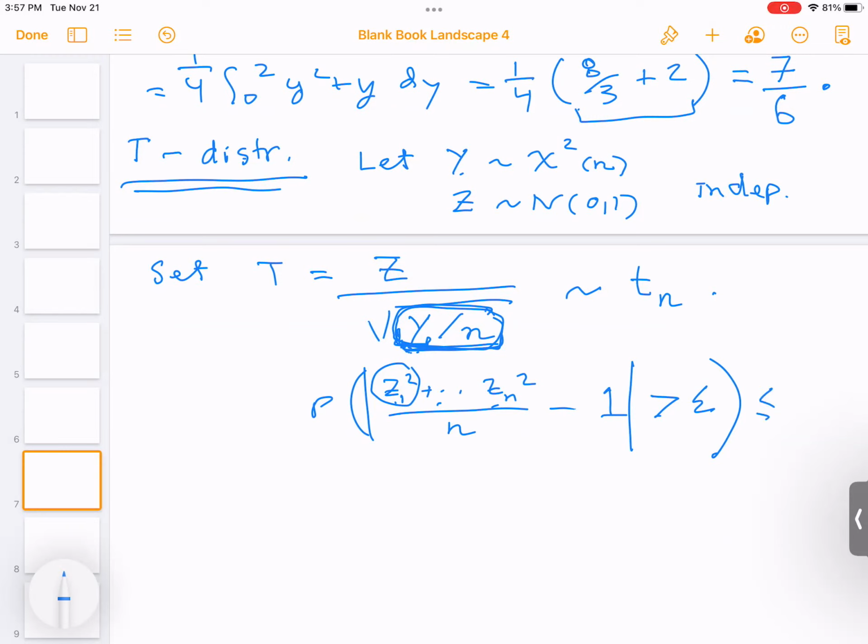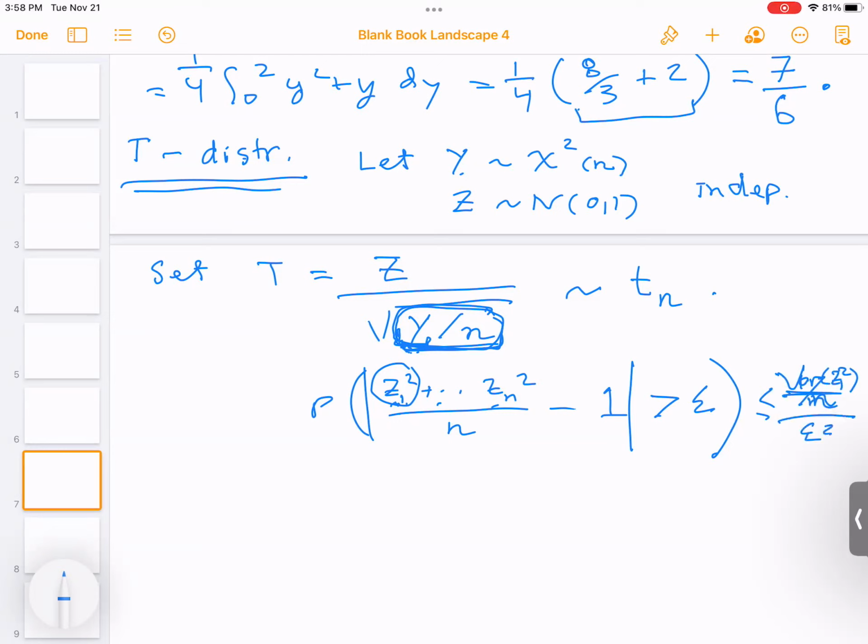The variance of this whole thing is 1 over n times the variance of z1 squared. I haven't shown what that is yet, so we'll do this next time. It's not that hard. Variance of z1 squared over n,